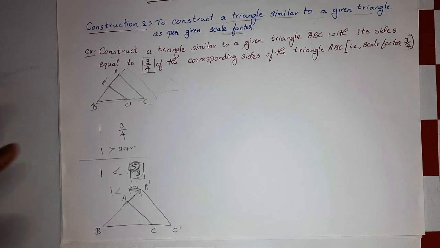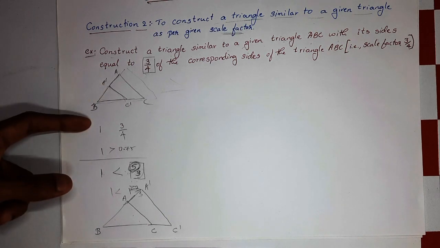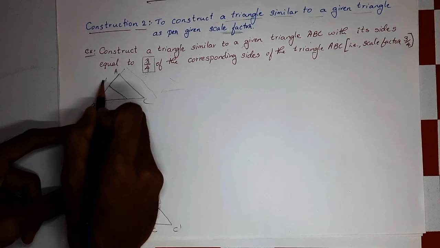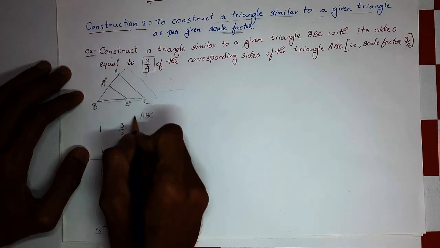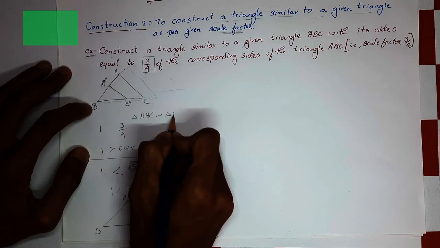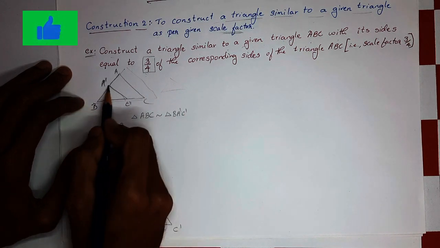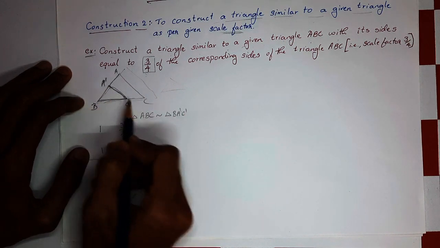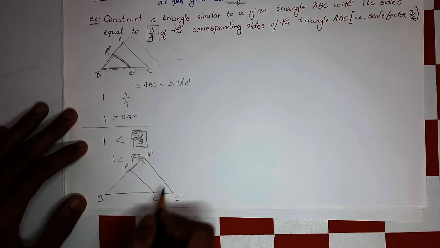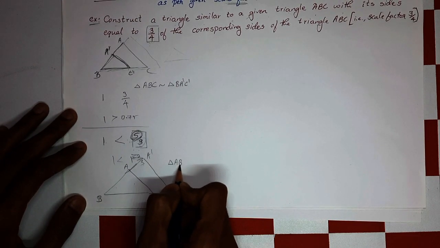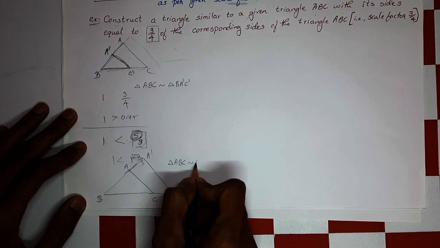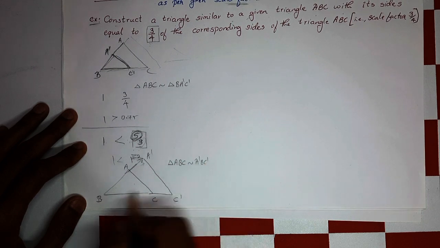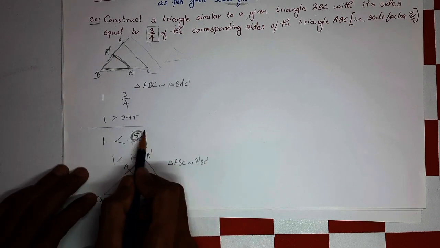This is a general introduction for the whole of construction 2. There are two types. One is the similar triangle that comes inside. Here the actual triangle is ABC, and the similar triangle drawn is A dash B C dash, inside. On the other hand, we have triangle ABC and a similar triangle A dash B C dash that is found outside, because of the ratio 5:3.